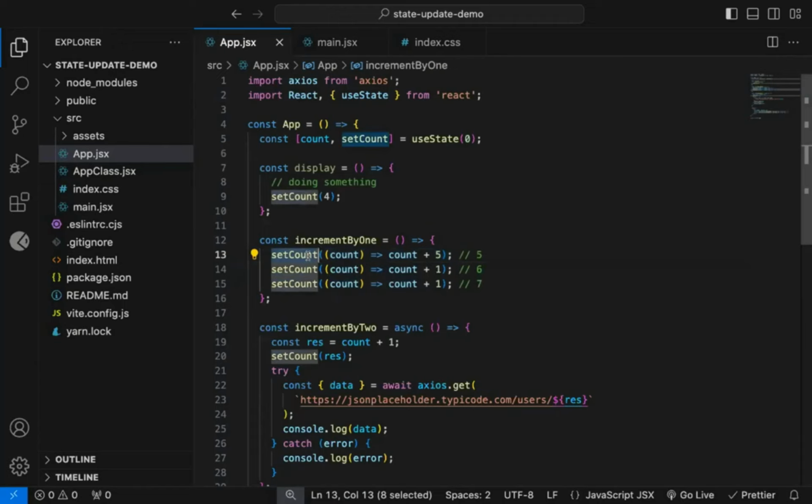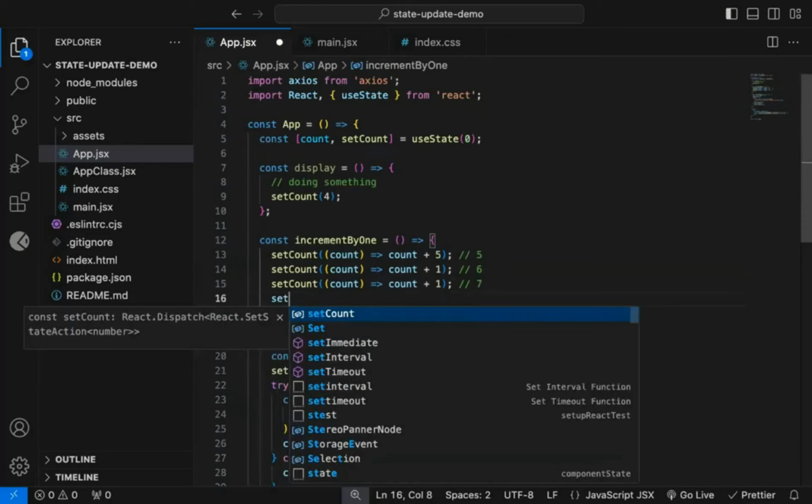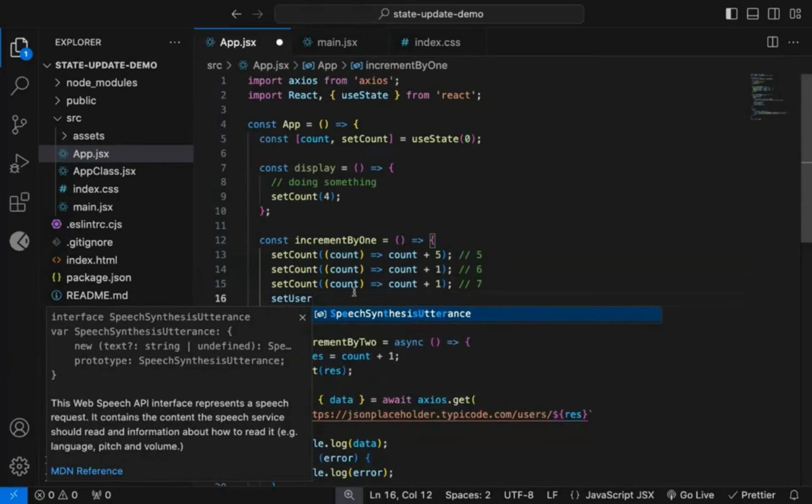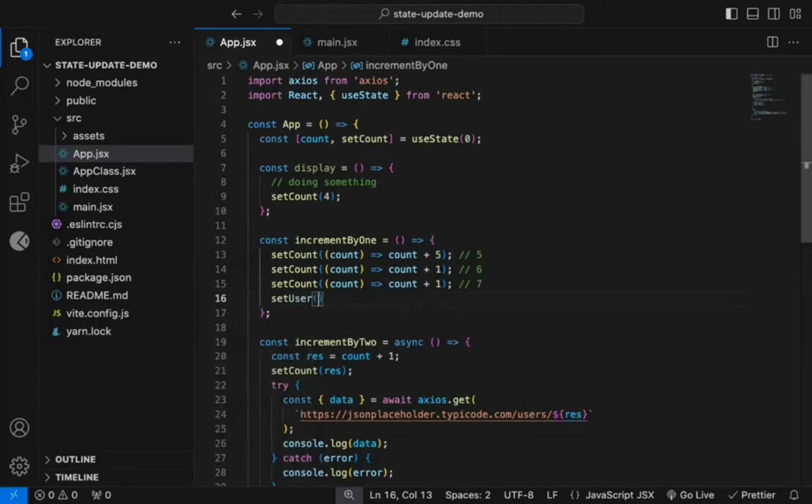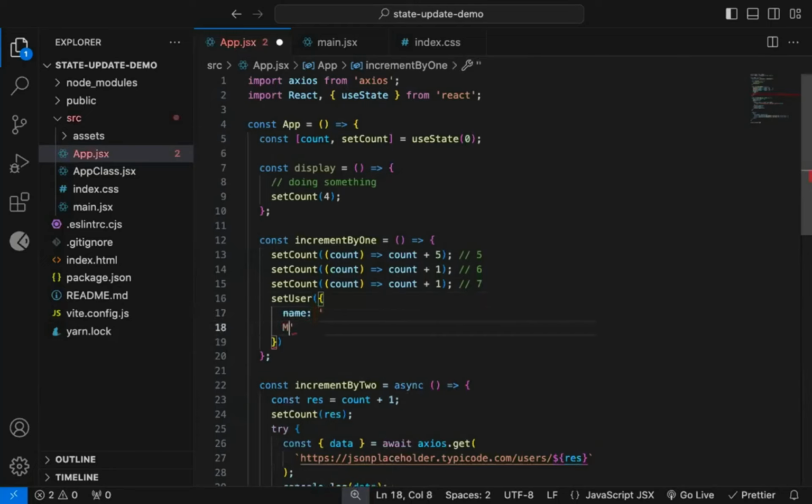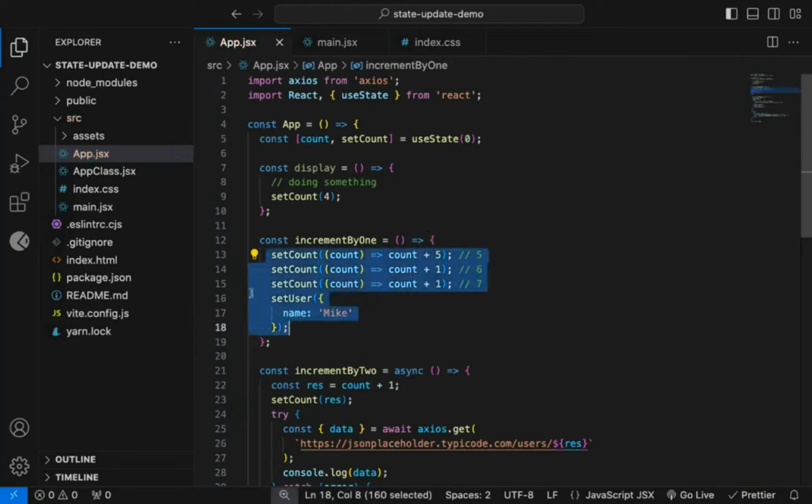This does not mean that React will re-render 3 times. When it's an event listener, event handler, and you are using any version, React 16, 17, 18, React will batch all of these together. So only one re-render will happen, even though you have multiple state calls. Not just set count, you can have set user object, and in that object you might be setting some object name. All these state updates will be batched together and React will re-render only once when it's an event listener